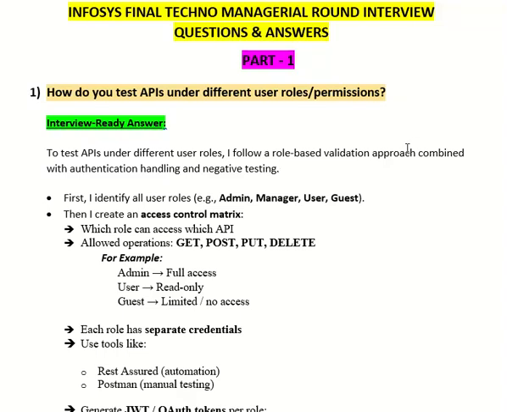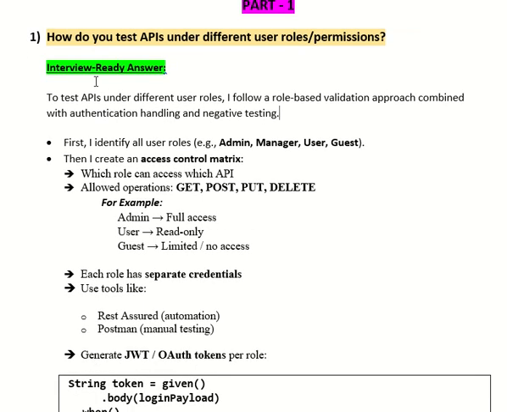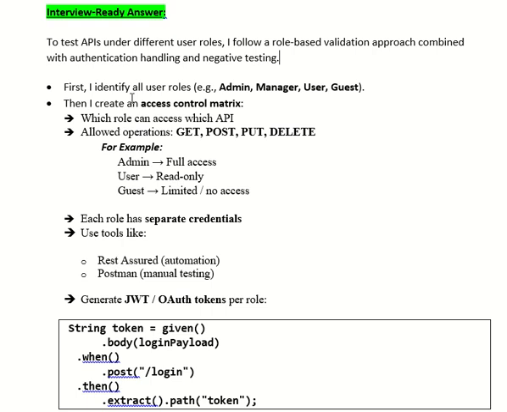Today let's discuss the very important final techno managerial round interview questions and answers asked in Infosys. Okay, so the very first question goes like, how do you test APIs under different user roles or permissions? For a quick answer, or the interview ready answer, you can tell the interviewer that to test APIs under different user